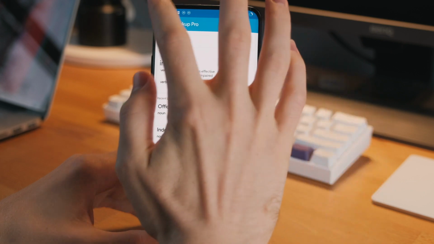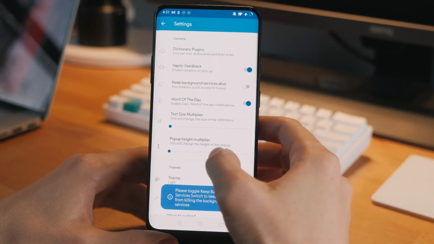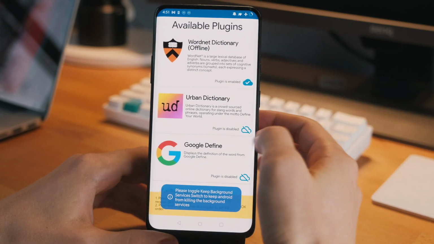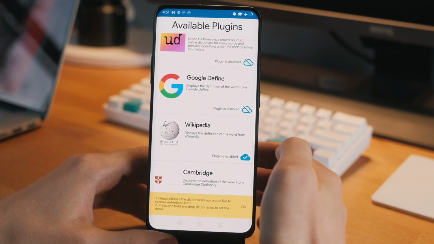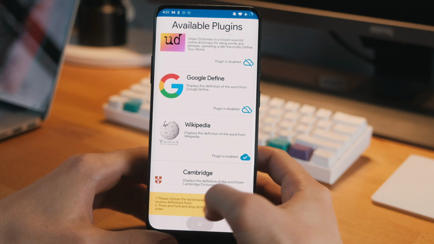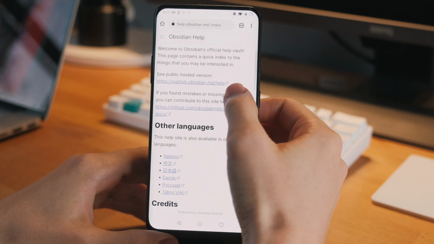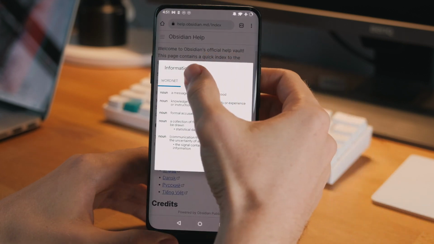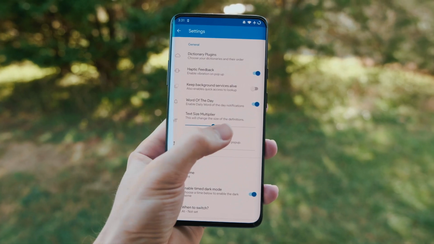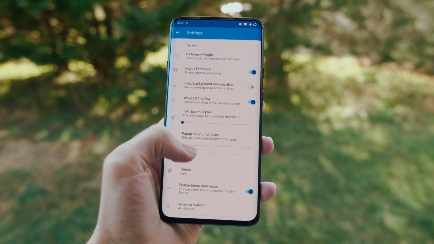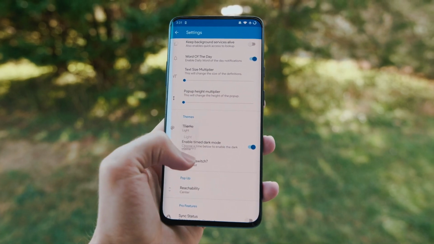It has several useful features, but one I really like is the option to install extra dictionaries as plugins, and the app also includes Wikipedia as an option in there as well. So personally, I have it set so that I can quickly see the Wikipedia page for a word right from the pop-up window. It also comes with several customization options as well, so you can change the appearance of the pop-up, although the free version does have ads.